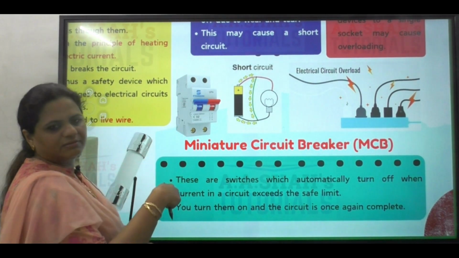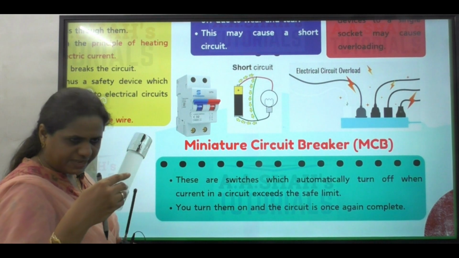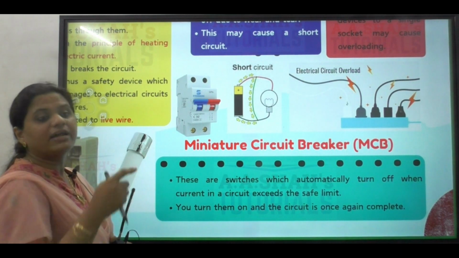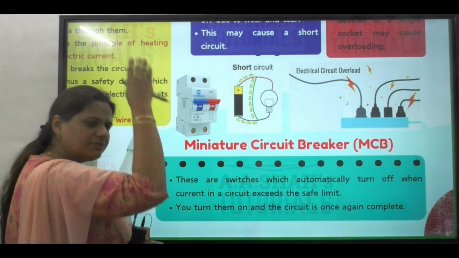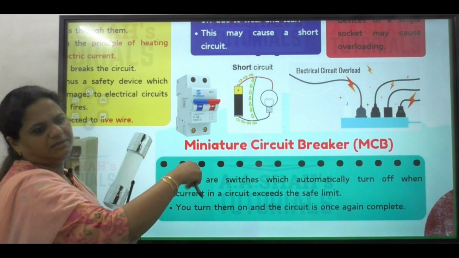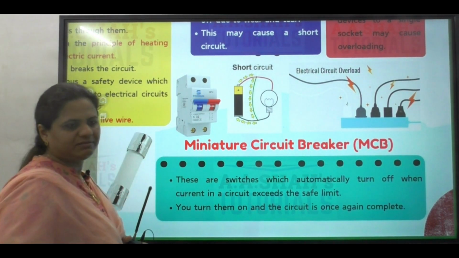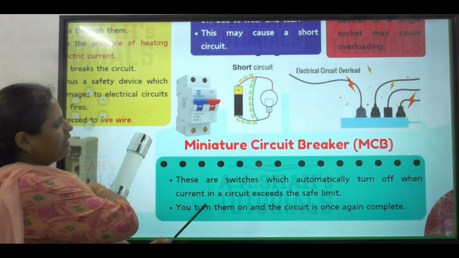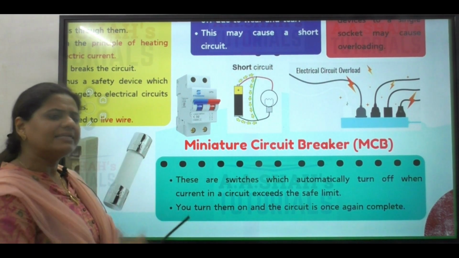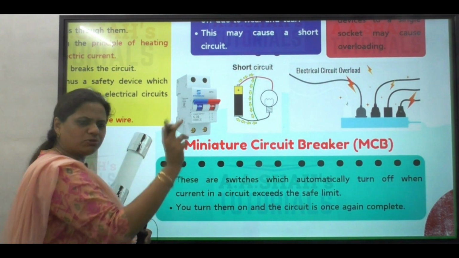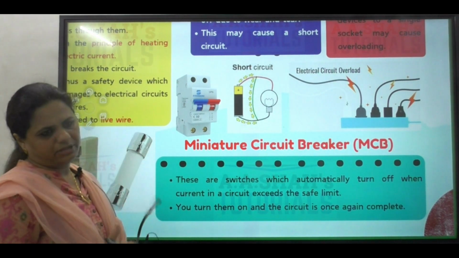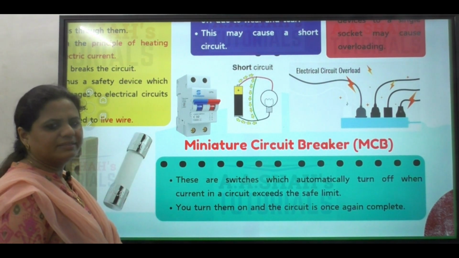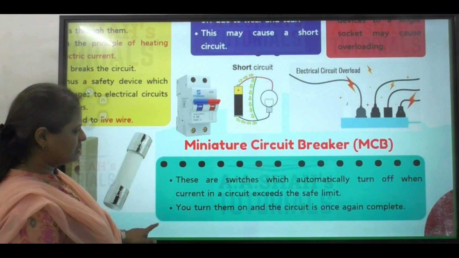On ka off ho jayega. So you safeguard your house wherever there is an extra device which you have connected, you remove it and switch it on again. And the device will work. So you will not have to change anything. So it's also a safety device which breaks the circuit, but it just trips. And you put it off, on again, it will work. So you are not kept stranded in the dark. You can easily fix this. So that is an MCB, and there is a separate switch given for every room, every area in the house. So these are miniature circuit breakers. They are mini and they break the circuit. That's why mini circuit breakers. Is this clear?